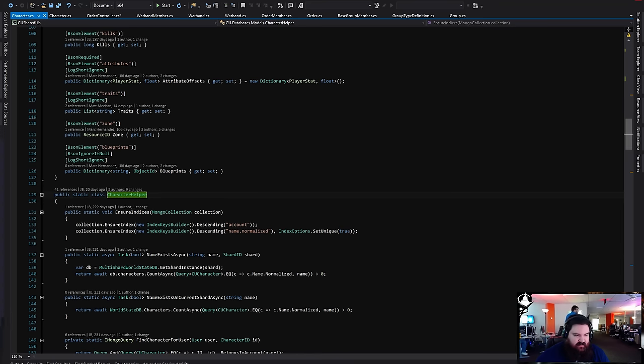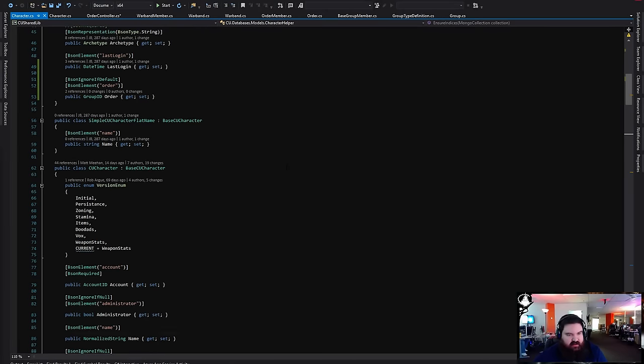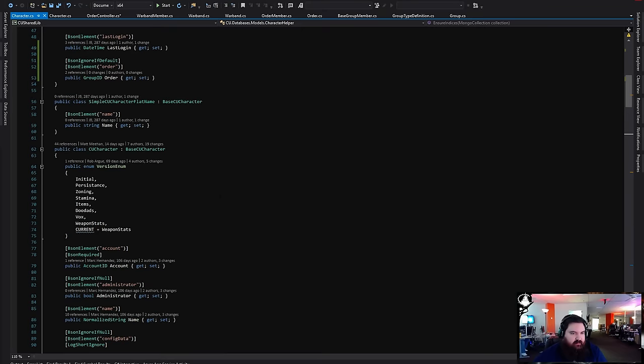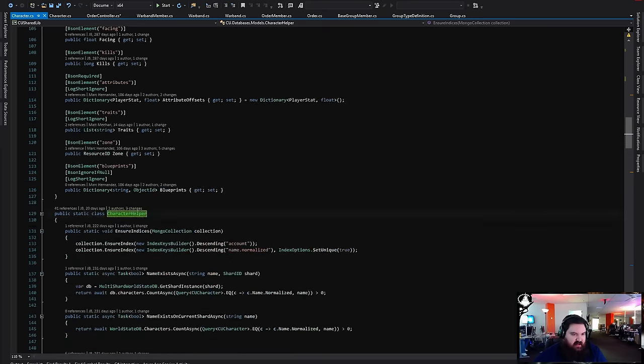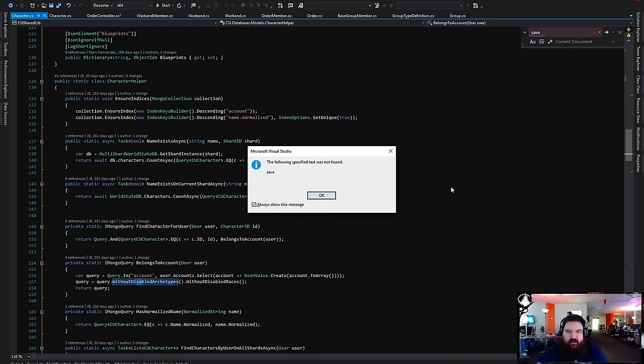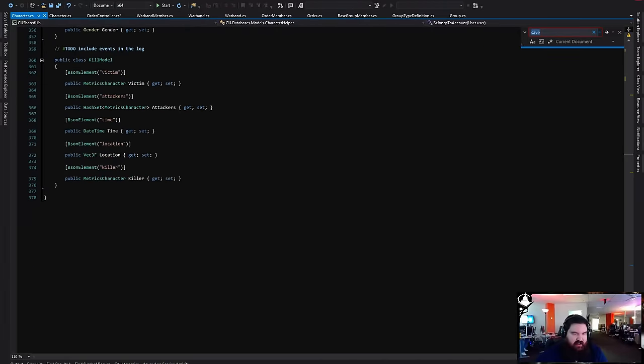Alright, emails. Alright, characters. Where do we save characters? I literally just have to save it to the world state database manually, and nobody wrote a function.